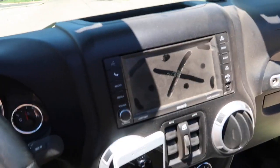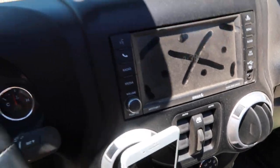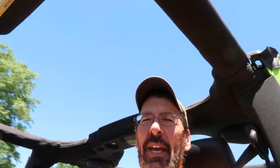The only other big disadvantage is the dust level is insane. We took a dusty trip the other day, but just in general, the dust level is quite accelerated. But you can't beat the coolness, and I mean like the wind and all that. There's no words that can describe it. So as long as I can keep my packages from flying out the back and my hat from flying off,